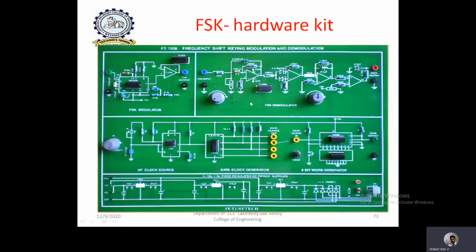And in this kit, the special feature of this particular FutureTech kit is that there are two tuning knobs provided in the demodulation. If you observe the frequency modulation experiment in the analog communication lab, in that also there is a tuning. That means whenever we are receiving an FM signal, suddenly you observe some random noise. So in order to get the original carrier frequency signal, you need to tune your radio. Similarly here, if the demodulation is not perfect, you can tune these knobs so that you are able to generate a perfect demodulated digital sequence, right?